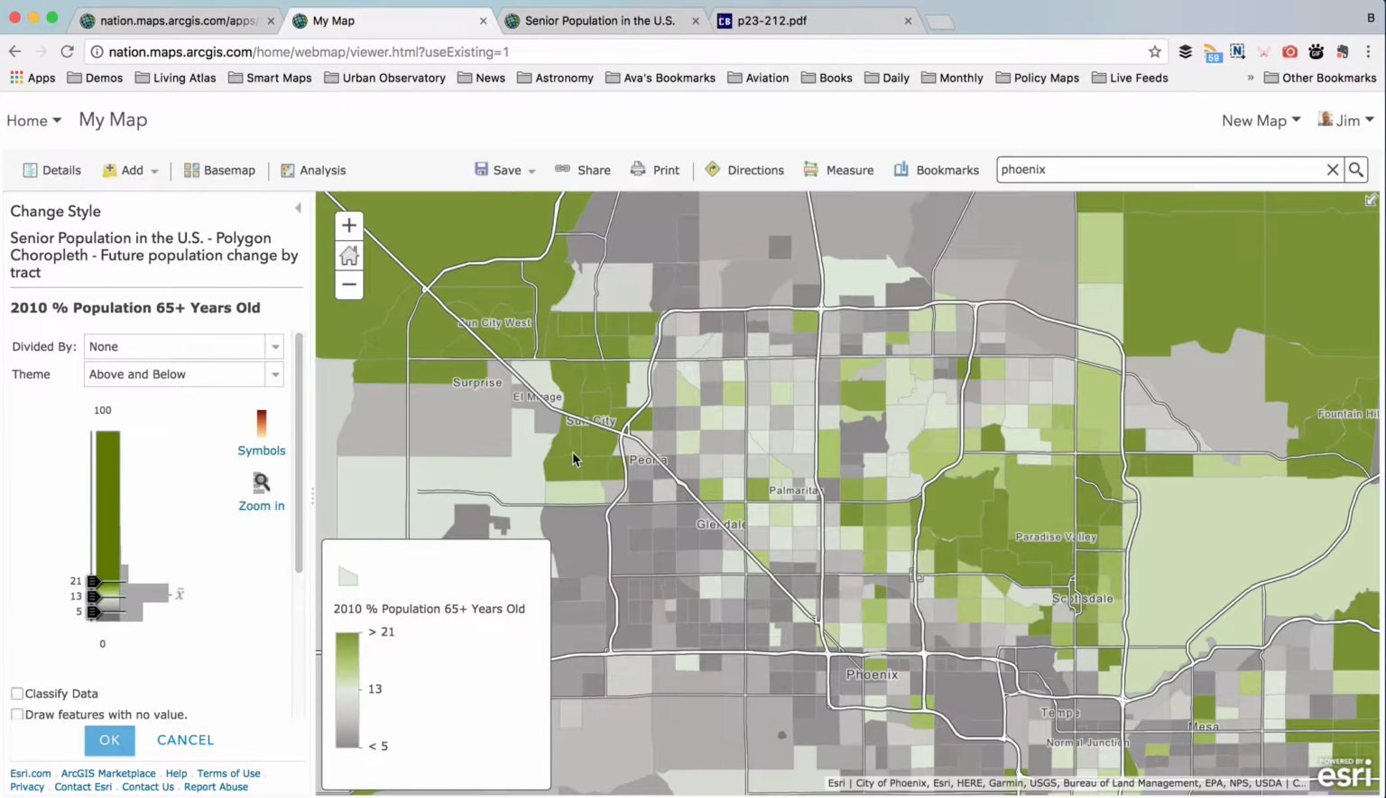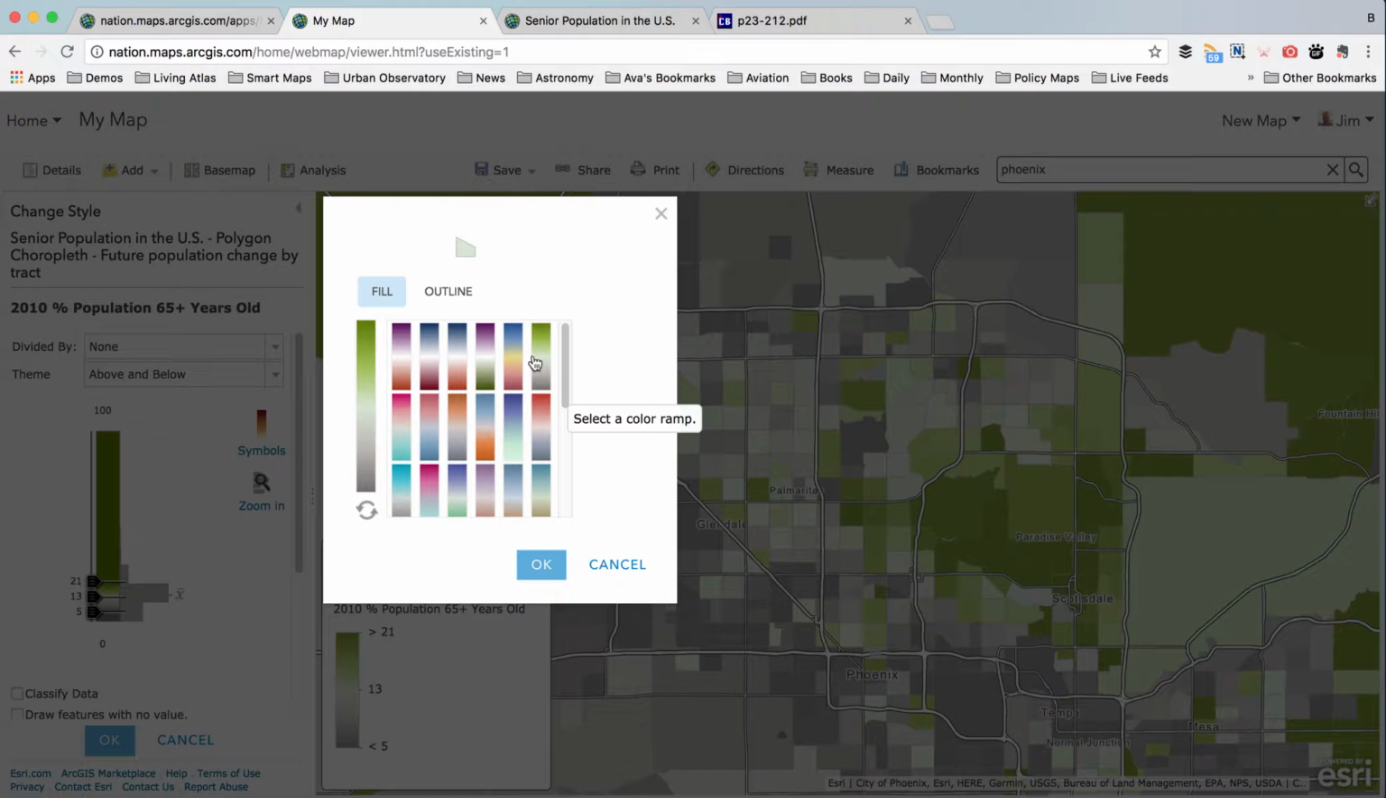In green are all the areas with a significant number of seniors, and in darker gray are all the areas with very few. It's kind of up to you to decide what's the best pattern. Maybe you need an above and below kind of pattern like this. Maybe you want the